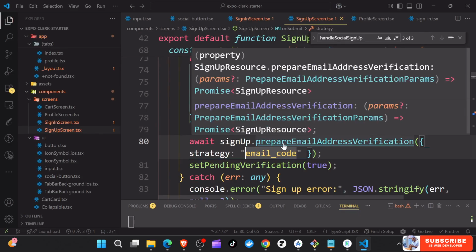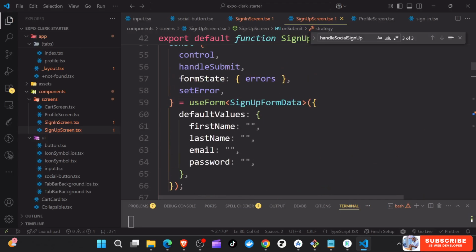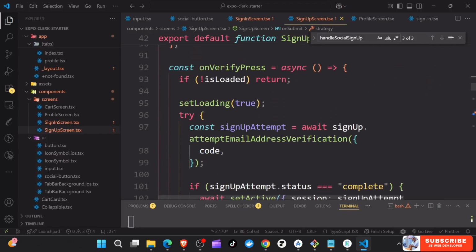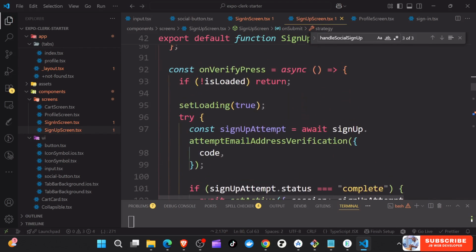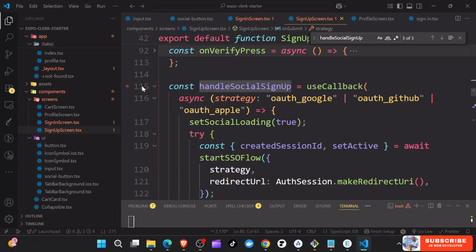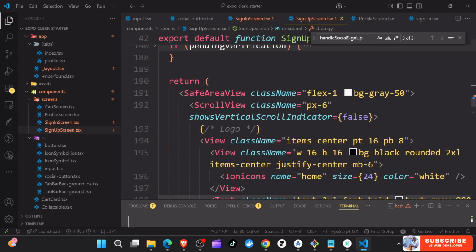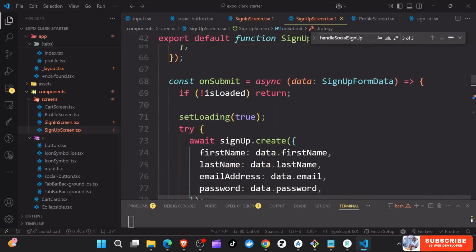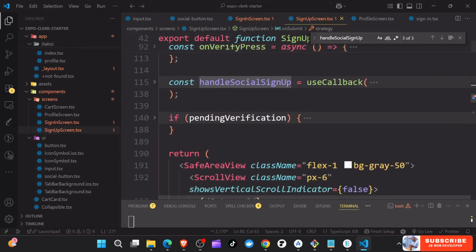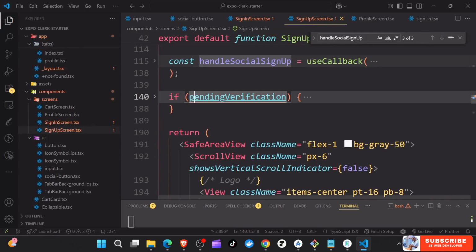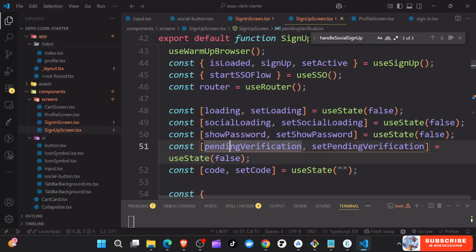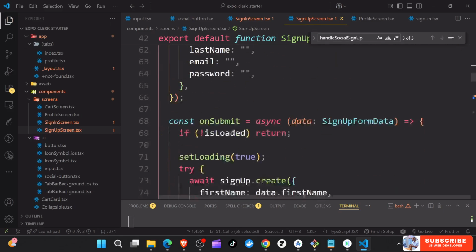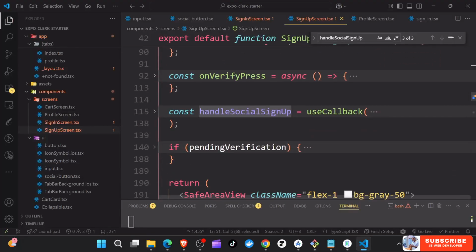Now this prepare thing is going to go ahead and trigger this here. So you can see here we have two more things. We have the verify down here. I'm just going to scroll down here. So we have this if pending verification. If you see, this comes from set pending verification. It's just like a normal state. By default it is false, but then here inside this handle social sign up,